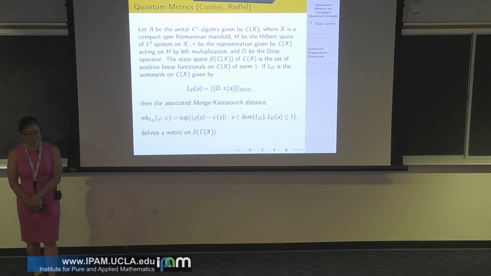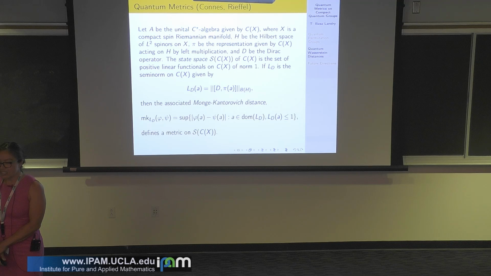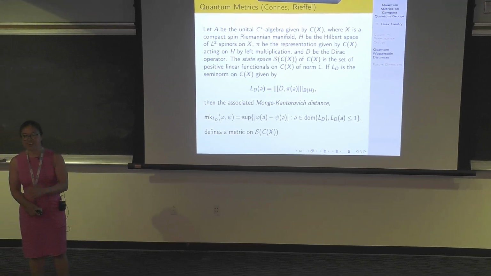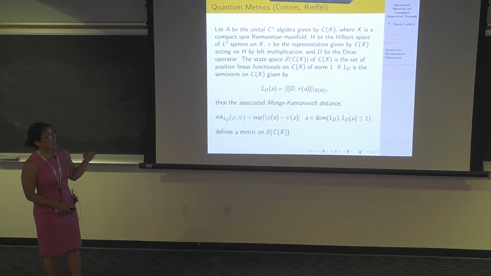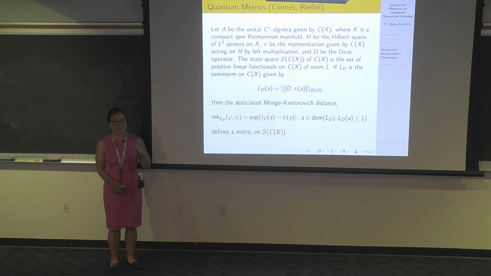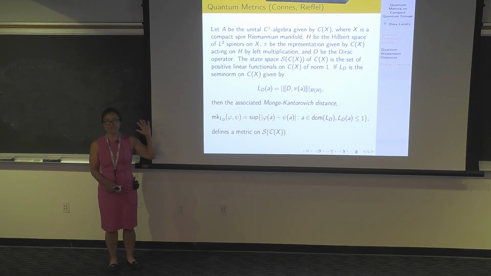And so what Connes showed is that this is a metric on the state space, actually a pseudometric. And not only did he do that in the case of this prototypical classical setting, he also did this for reduced C-star algebras built on groups, with certain conditions on the length function. He defined a Dirac operator in that way, and he also got a metric on the state space. But he didn't ask the question in that work about the topology, and so that was where Rieffel picked up on this metric and asked, when can such a metric metrize the weak star topology?